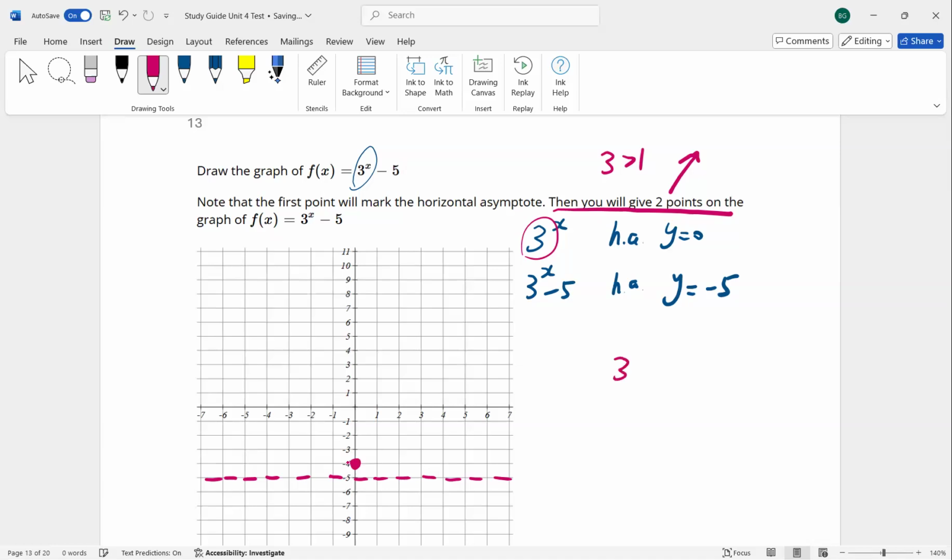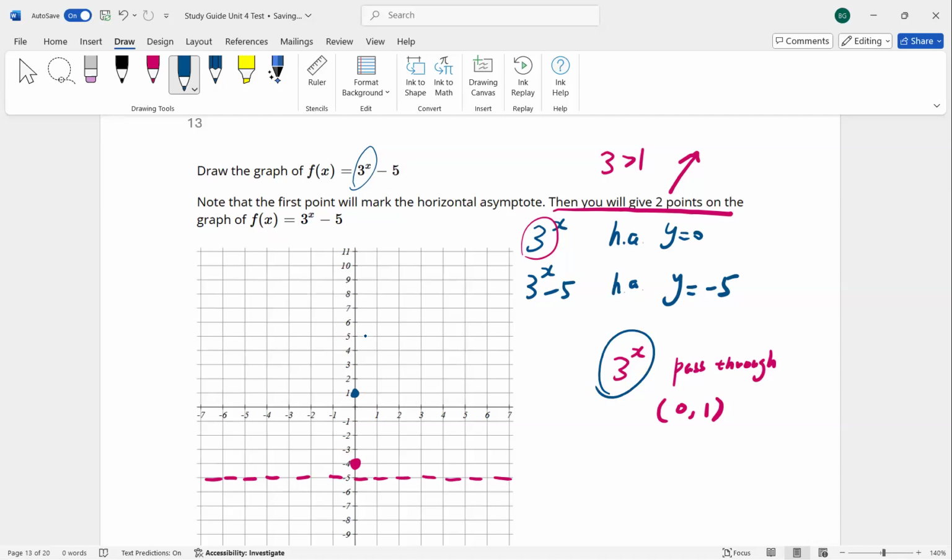Why? Because remember, 3 to the power of x passes through 0, 1. Yeah, the original mother function always passes. So that's the y-intercept of the exponential function. I mentioned that at the very beginning of this chapter. We need to know the graph of the mother function for exponential and log function. So originally, 3 to the power of x has y-intercept 0, 1, so